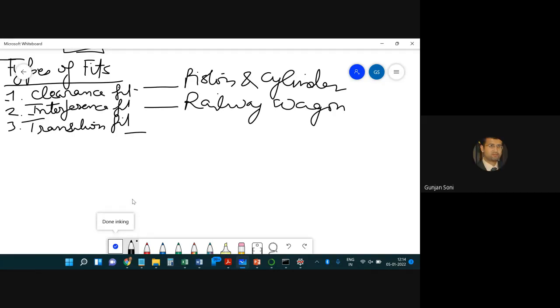Yeah, you can. And all the lids which you have on the boxes, most of them, the whole purpose of transition fit is to achieve that kind of fit where a bit of force is required to disassemble or take it off. Like there are lids, right, where you put them on and take them off, but little bit of force is required. Okay, so there you see the transition fit.